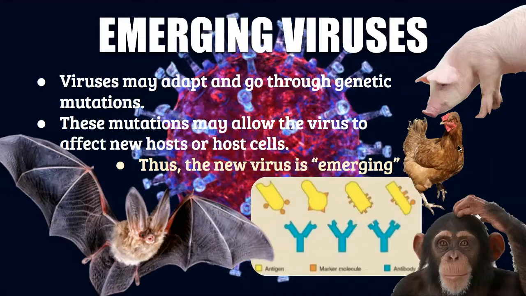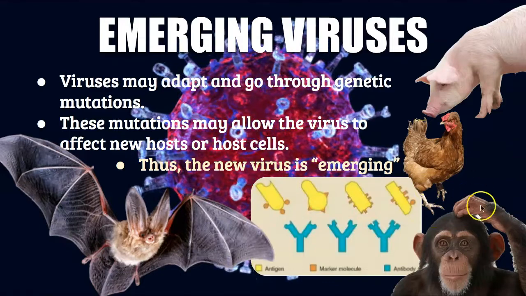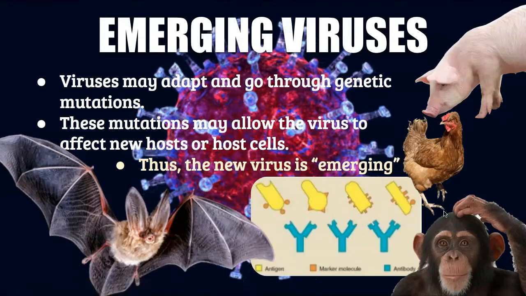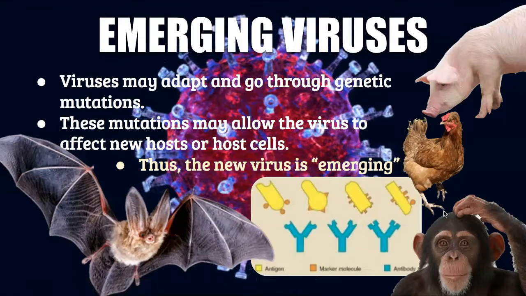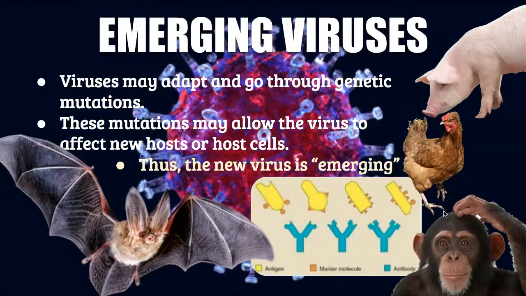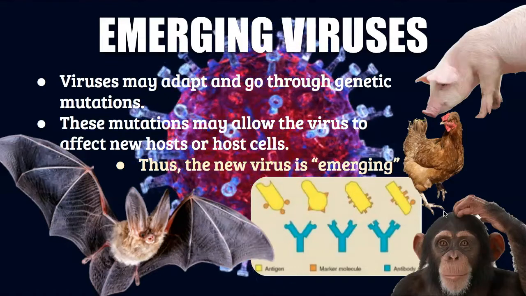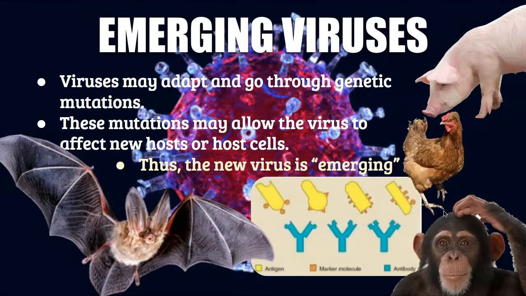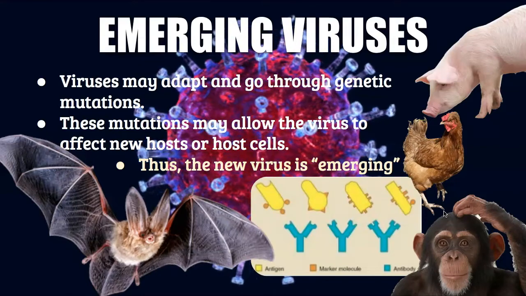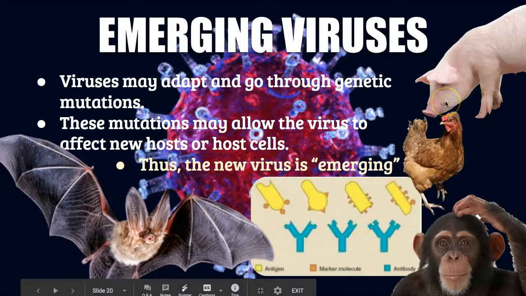Scientists have done studies with the HIV virus and looking at it with very similar viruses that are found in chimps, and it's believed that most likely the way that we got HIV into the human population was through people eating infected chimpanzee meat that had this virus, or this mutated version of the chimp virus that could actually affect humans. If it was a virus that the chimp had that couldn't affect humans, the body would just get rid of the virus. But somehow HIV was able to affect the humans and therefore spread the virus. And that's what's happened with all these different animals. And so those are the emerging viruses.